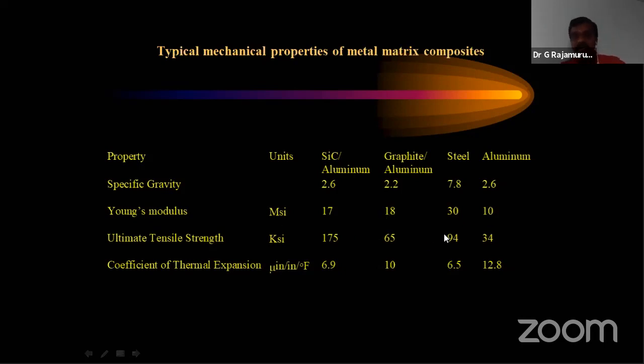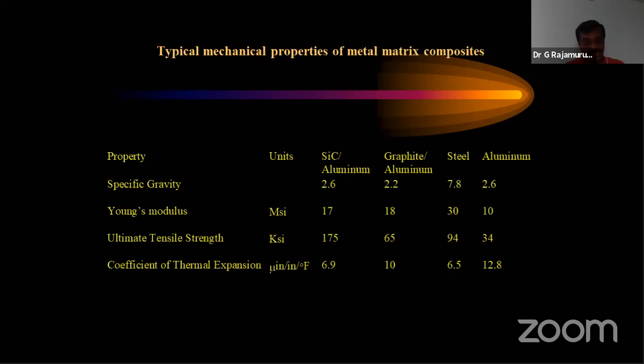Like that, you can see steel is 30, the pure aluminum is 10. So when compared to the pure aluminum, the aluminum silicon and aluminum graphite, you can see the Young's modulus is greater than the pure aluminum metal. So when you make a composite, you can